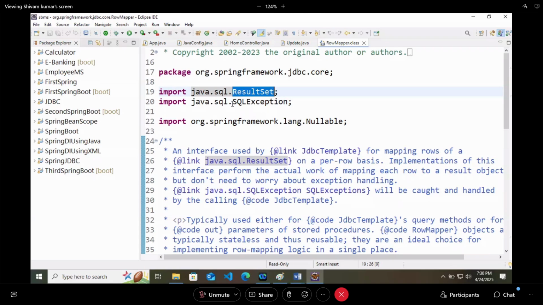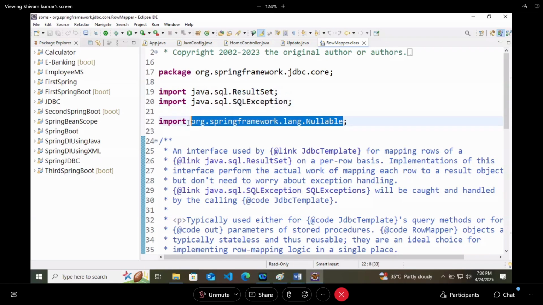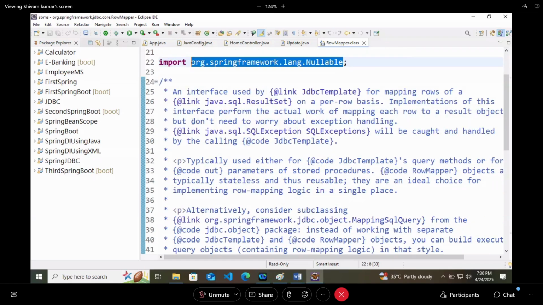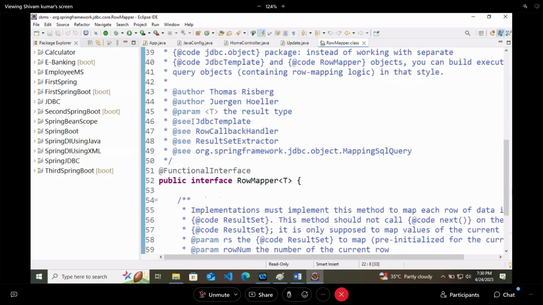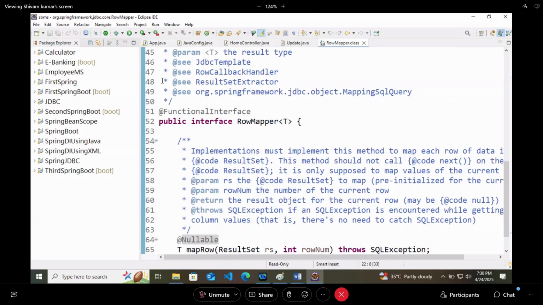And then SQLException, and then Nullable from the Spring framework. Everything else is comment. Just the interface is defined here.